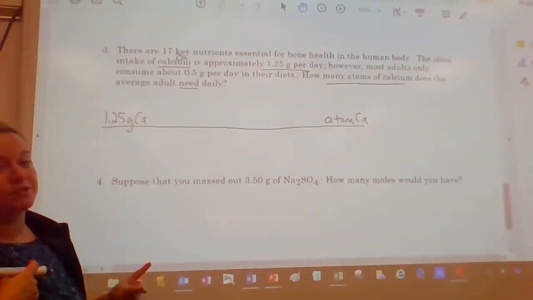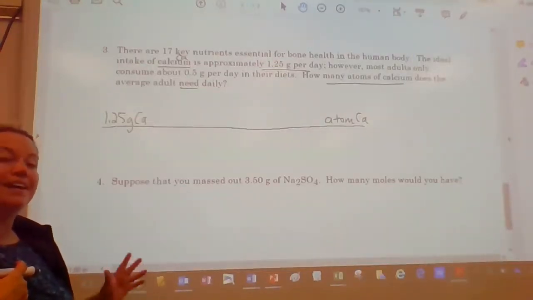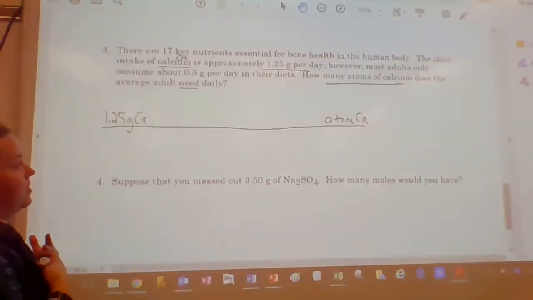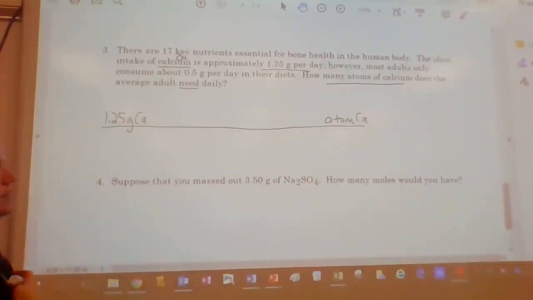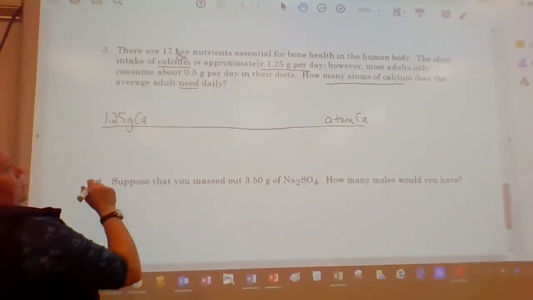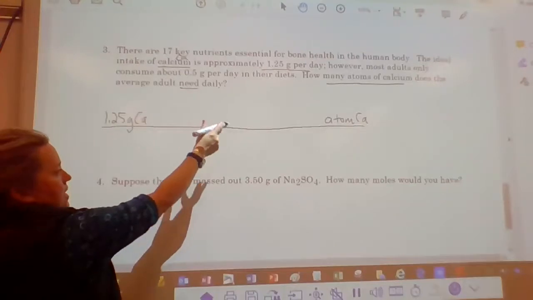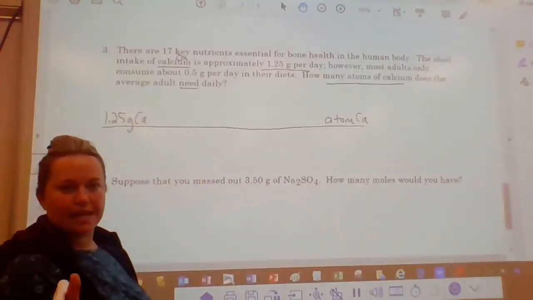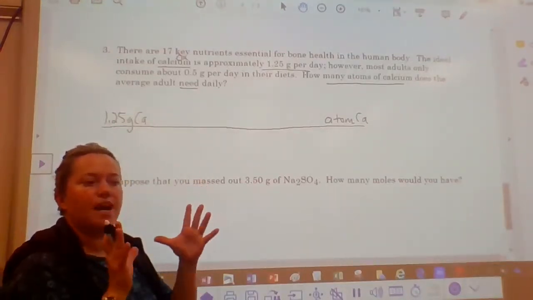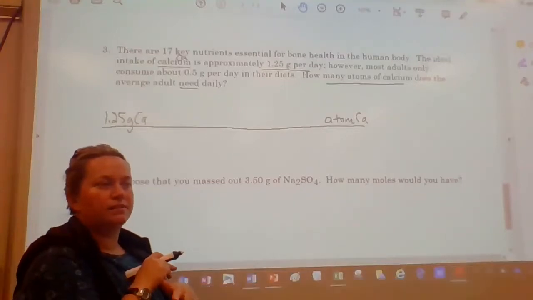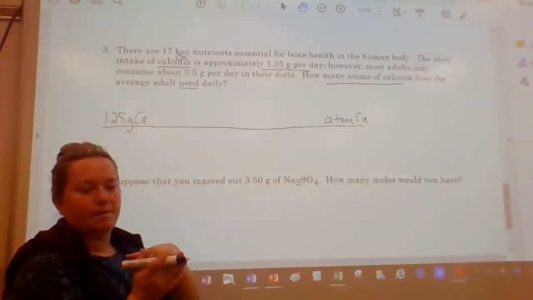But I do know that there are 6.022 times 10 to the 23rd atoms in every 1 mole of something. Meaning if I have a mole of something, I have 6.022 times 10 to the 23rd of that thing. So if I have 1 mole of calcium, I have 6.022 times 10 to the 23rd atoms of calcium. It's that Avogadro's number. So if I'm looking to go from grams to atoms, I need to go from grams to moles to atoms. If you're in my class, you have 2 worksheets that have some cool little images on the top that give you almost like a diagram of how to go from grams to moles to atoms and back from atoms to